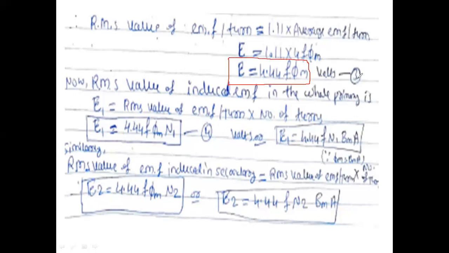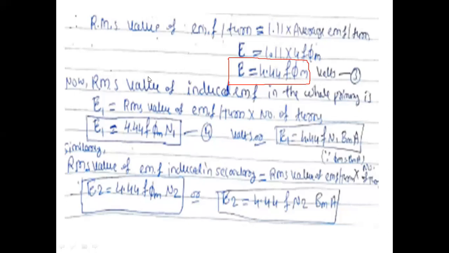Write this down as equation number 3. This is the common equation, per turn. It is not for N1 or N2. This equation is the common EMF induced here. It is not applicable for the primary induced EMF or the secondary. If we multiply the RHS of this equation by N1, it becomes the EMF induced in the primary winding. If it is multiplied by N2, it becomes the secondary induced EMF.